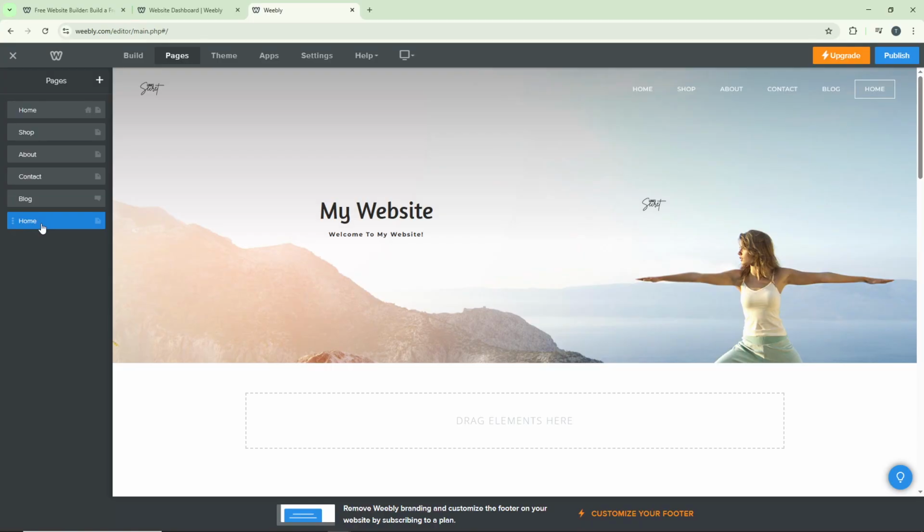And there you have it. You now have a duplicate page ready to customize however you need. This duplicate appears in your pages list, and you can rename it, edit it, or use it as a template for new content. This feature is perfect for maintaining consistency across your site while still being able to make individual